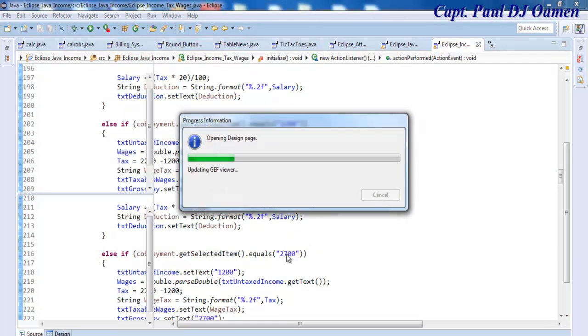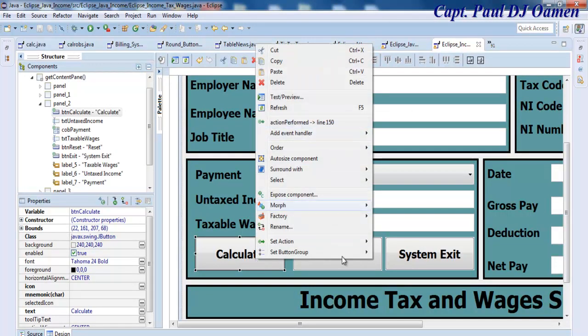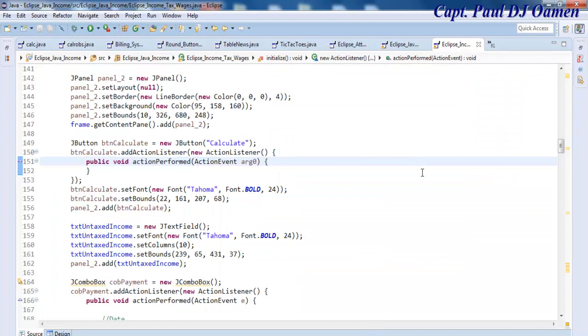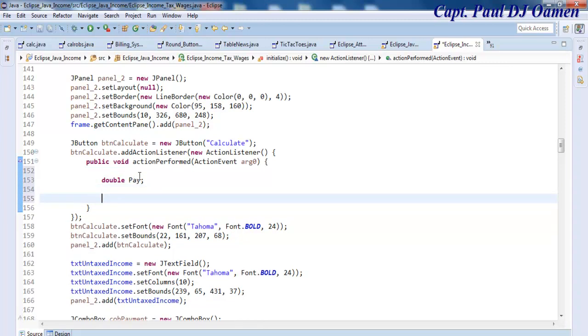So let's go back in here to the design and right click on the calculate. Let's select that for the calculator, and right in here let's enter as follows. Inside the calculator, the first thing I'm going to do is declare a variable that I'm going to call pay, and right underneath here, remember the gross that I declared earlier on. That equals double dot parse double,